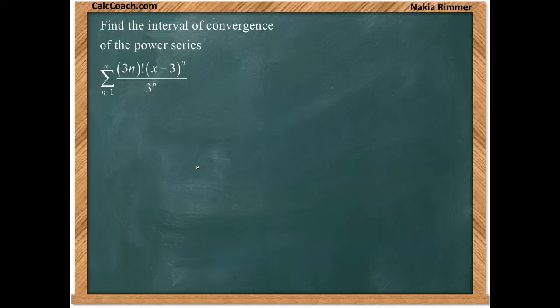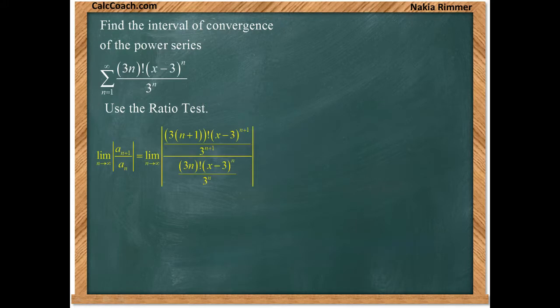Find the interval of convergence for the power series, the summation n equals 1 to infinity of (3n)! times (x − 3)^n, all divided by 3^n. We're going to use the ratio test, where we divide successive terms. Replace n by n plus 1,